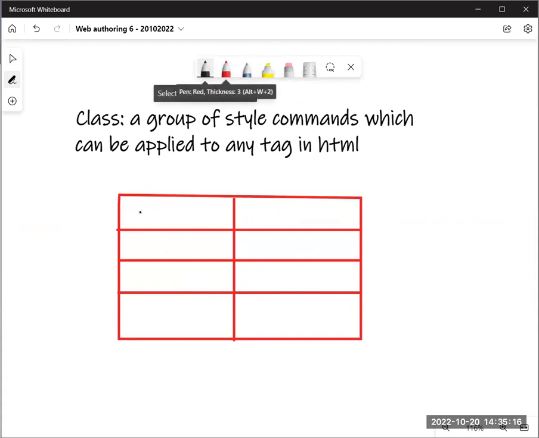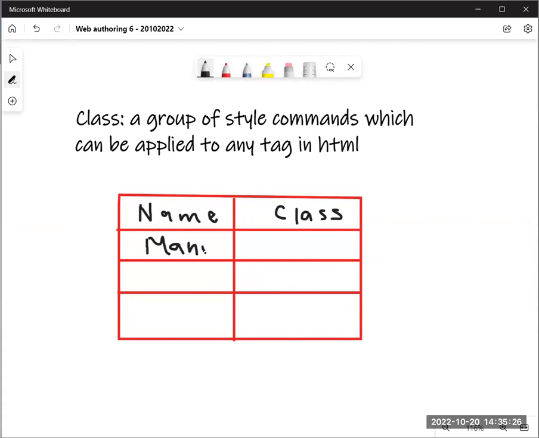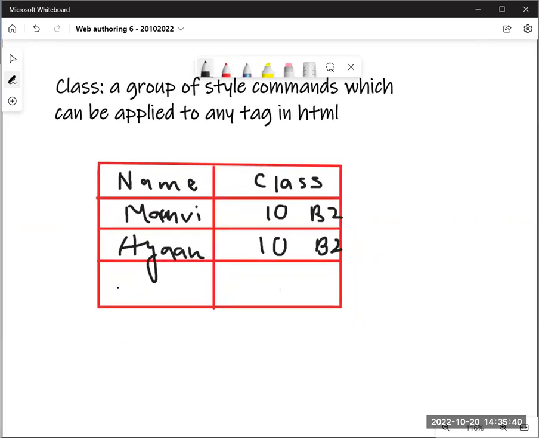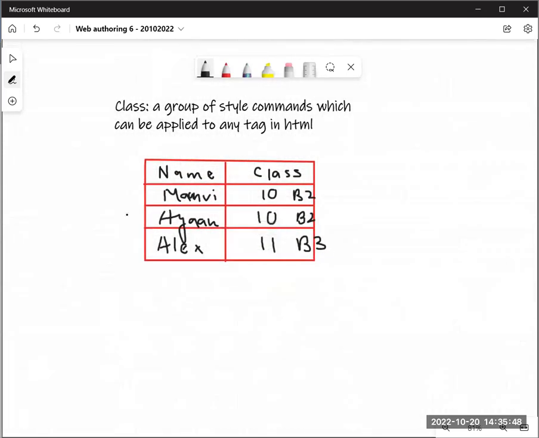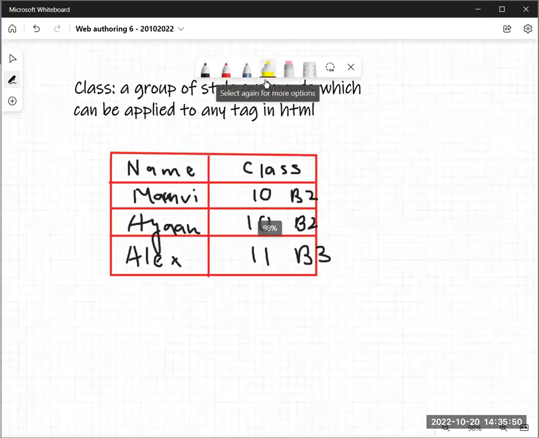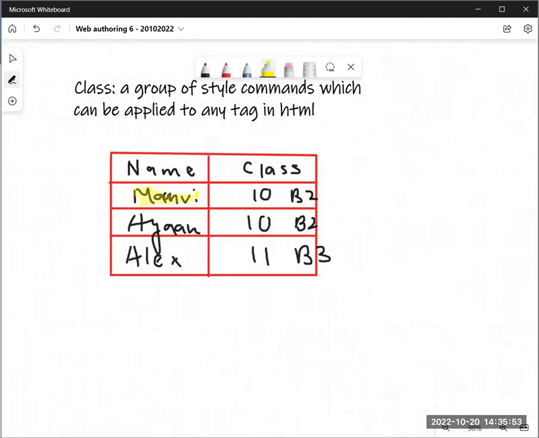Now, if I say this is, let's say, name, and this is class. Okay, now if I say name is Manvi, AA, and the class is 10. Ayan is also here, 10. You guys are batch number 2. And let's say we have Alex, class 11, batch 3 actually. Now what if I want to change the color of this guy, Manvi, to yellow, and the rest of this